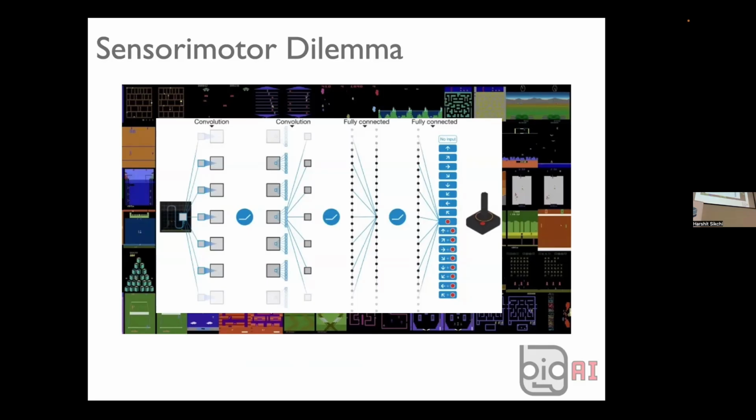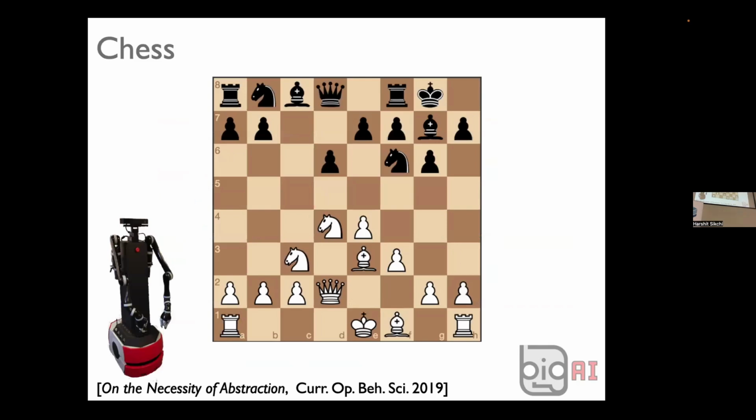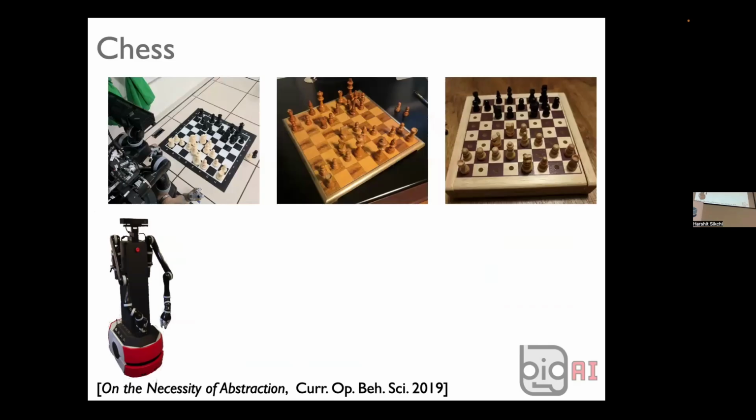If you want to do something more complex than Atari, you need to expand this action space. Similarly, if you want to learn to play chess as a generally intelligent robot, you don't get the chessboard as an input, you get pixels. In fact, you get HD video running at 30 or 60 hertz, containing extremely large amounts of information: the angles, the texture the pieces are made of, the texture of the table, the lighting, all that stuff. It would be very hard to learn to play chess from this representation directly.